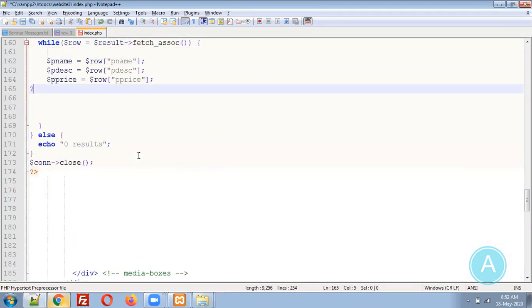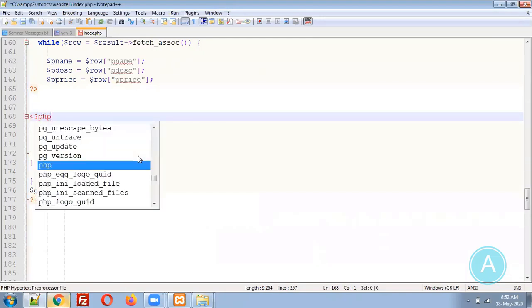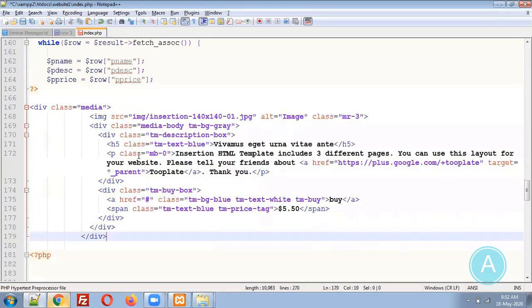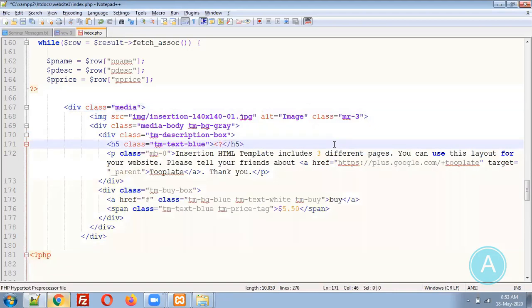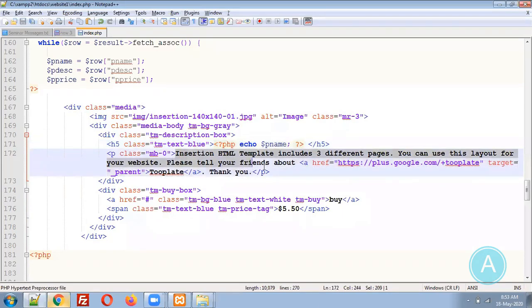Now I have to put this code into this particular place. For that we need to close the PHP first, and start the PHP again, because we are merging the HTML code and PHP code together. So we have added those codes over here. Now let me change this name into the product name. I am using PHP code over here: echo dollar pname semicolon. This is the closing PHP. Let me copy the same into the description also, paste.